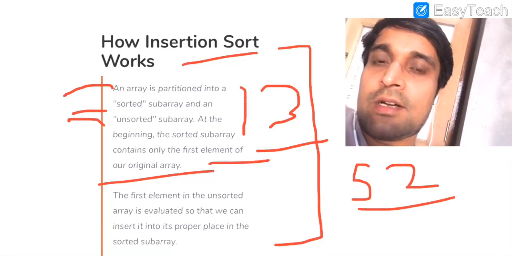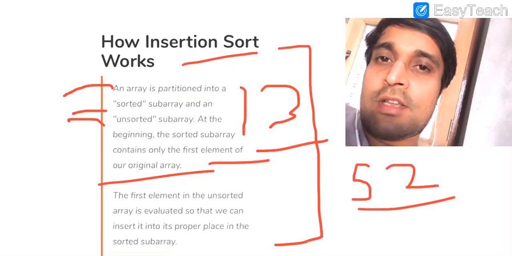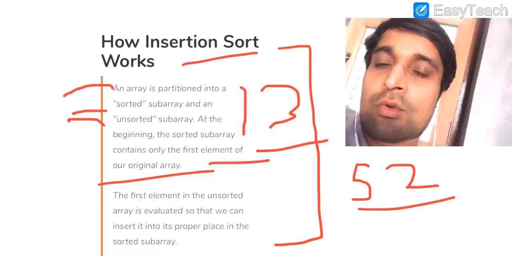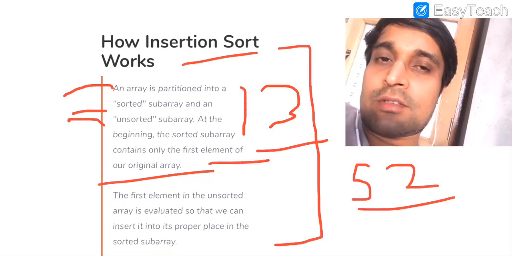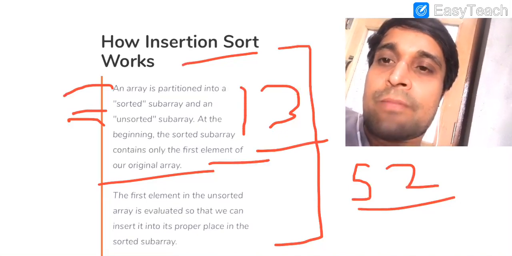Then we will pick our third card and it will be positioned in such a way that all 3 cards, first, second and third, are sorted. Now our remaining 10 cards are the unsorted array. Then we will pick the fourth card and so on till we get our 13th card, and in such a way that all the cards from 1 to 13 are arranged in specific order.